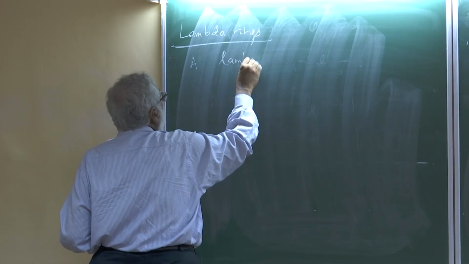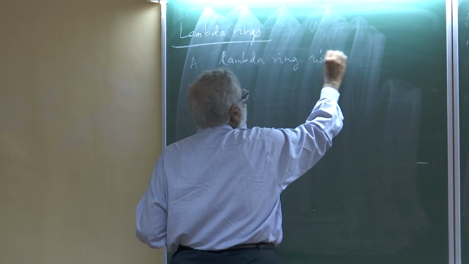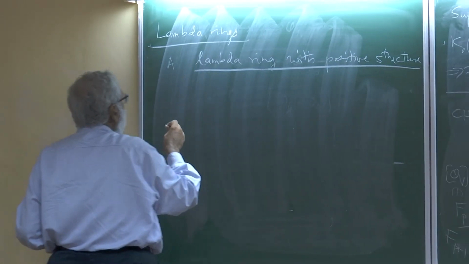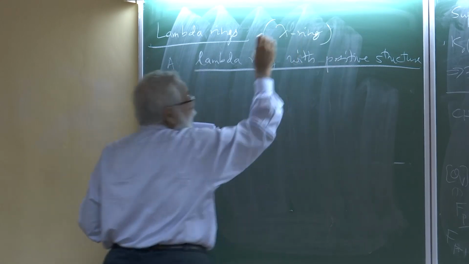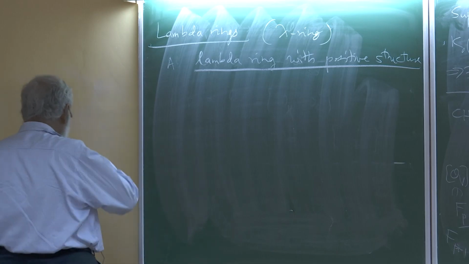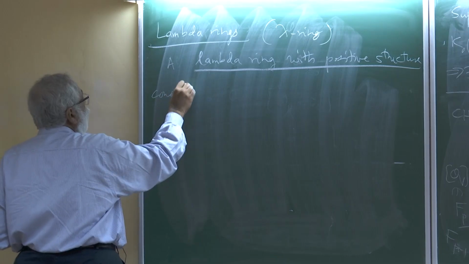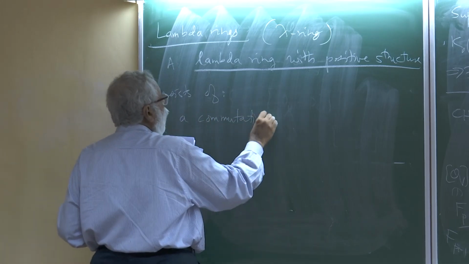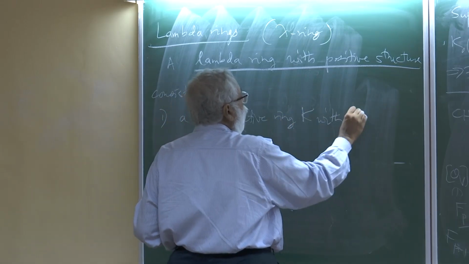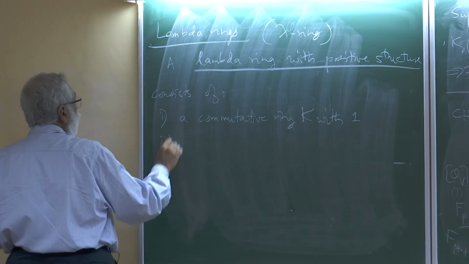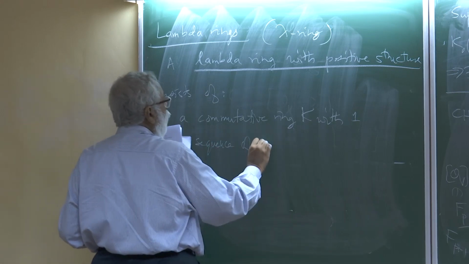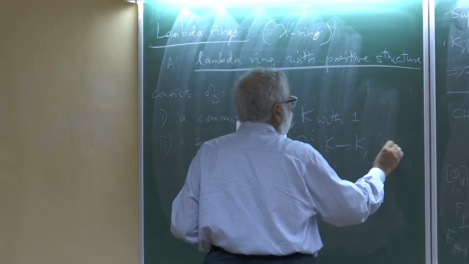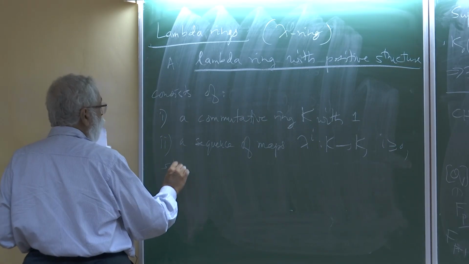So, lambda ring with positive structure. One might also write lambda ring, with a lowercase Greek lambda. It consists of a commutative ring K with 1, together with a sequence of maps lambda^i, that's why it's lambda ring, from K to K, for i greater than or equal to 0,